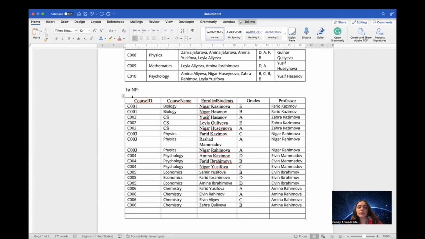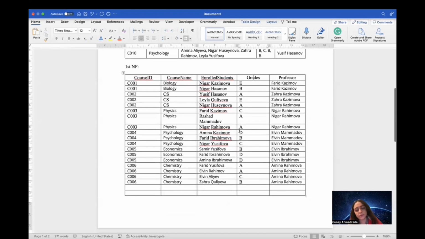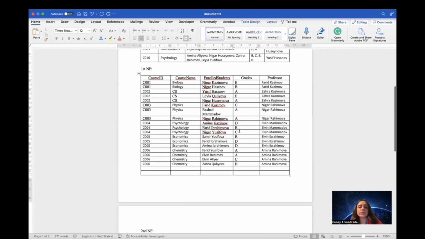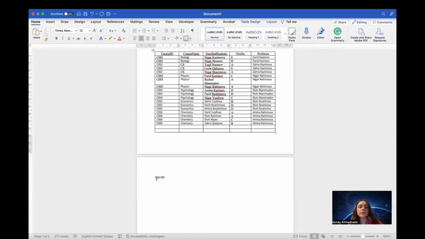So in our table, the candidate key is course ID. Course name and professor depend on course ID and also each other. Grades and enrolled students also depend on course ID. That's why for the second normal form, we will create two tables, which are the courses table and